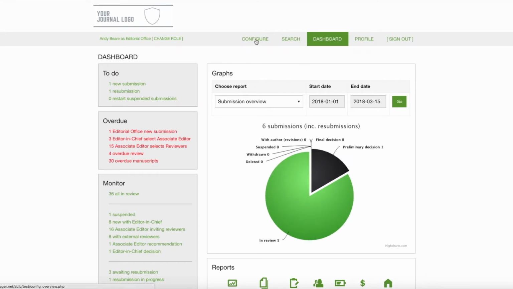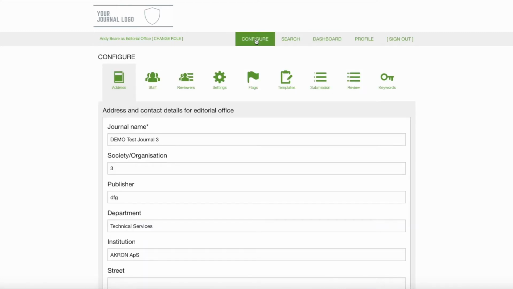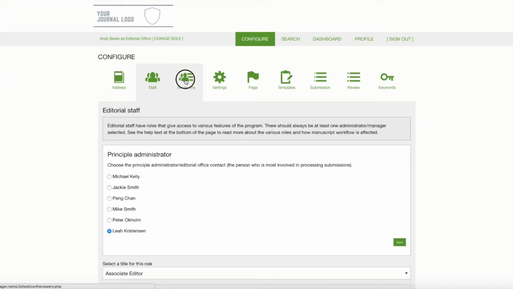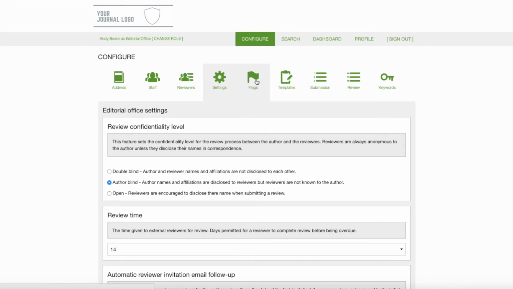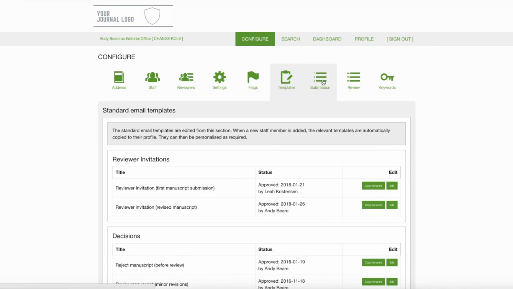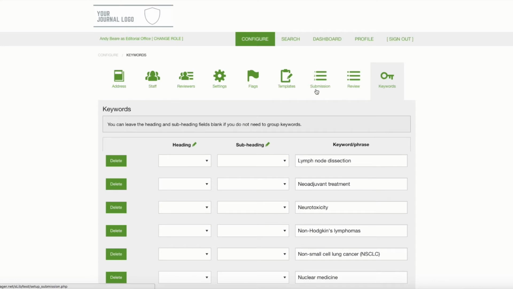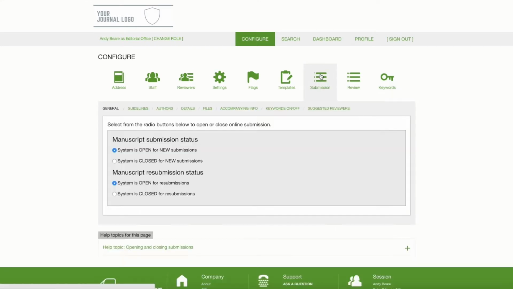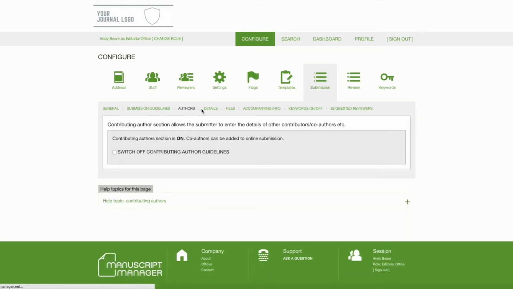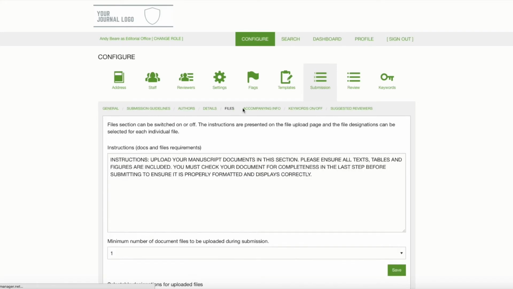I would go to Configure, and that presents me with a series of tabs corresponding to different sections of my online journal that I can configure to suit my journal's purposes. You might have guessed that we'll be going into the Submissions section today. Here is the Submissions section, which allows us to go into these various elements that are editable and make choices